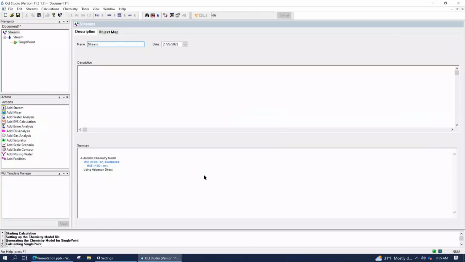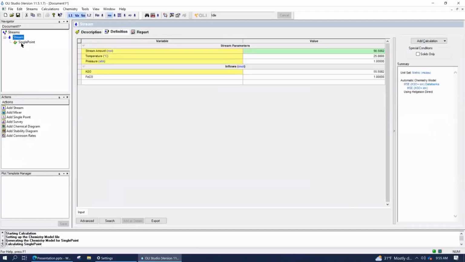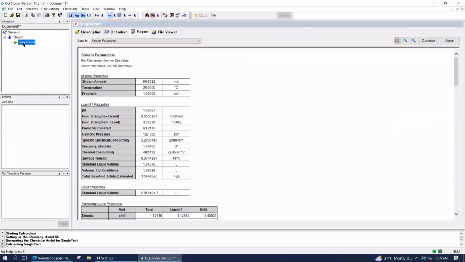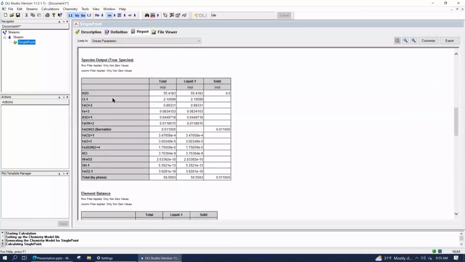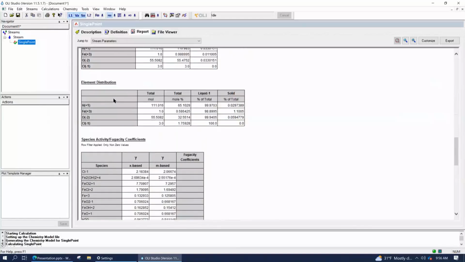All right. Now, what do I want to do next? I want to ask questions. Are there any questions about how you add a stream, add a calculation, and apply anything? Is there any question in your head right now that you want to ask? Anything about the stream parameters that are calculated, or the speciation, or anything else that comes to mind? Not for me. Good. All right.